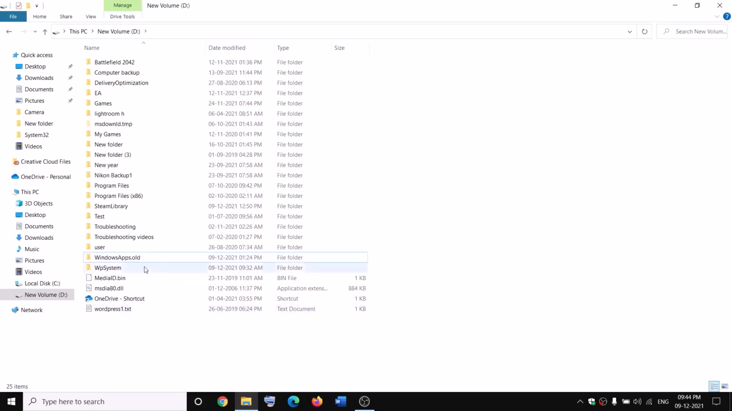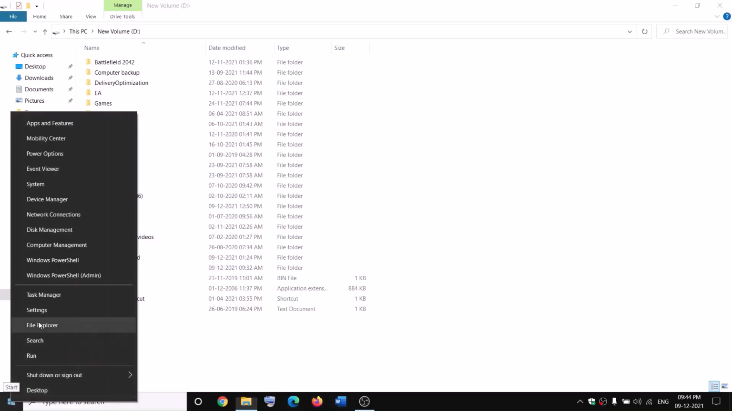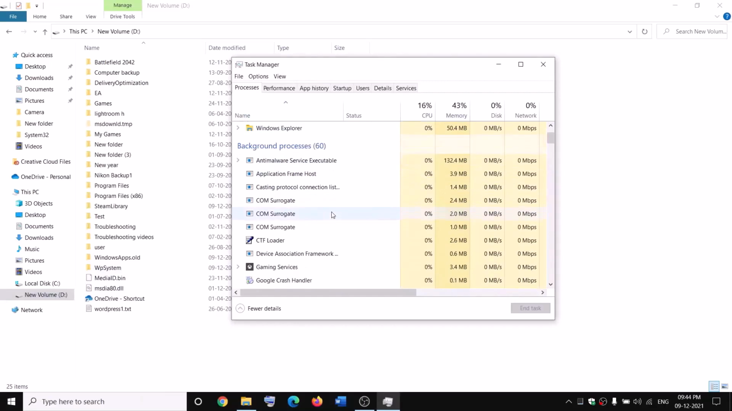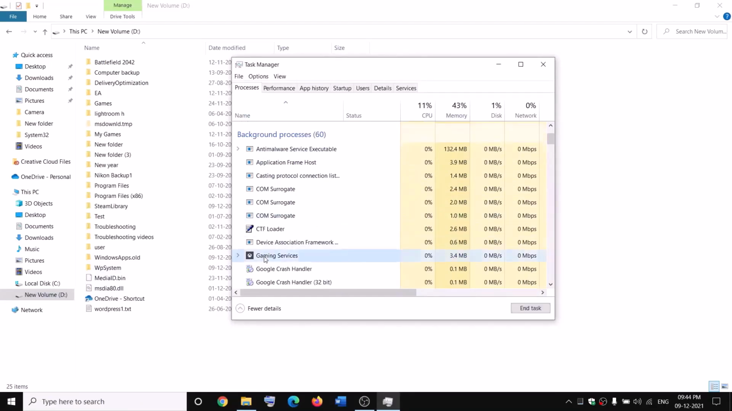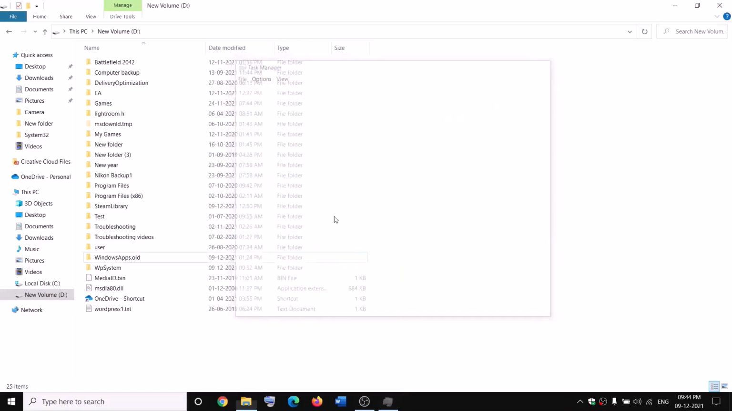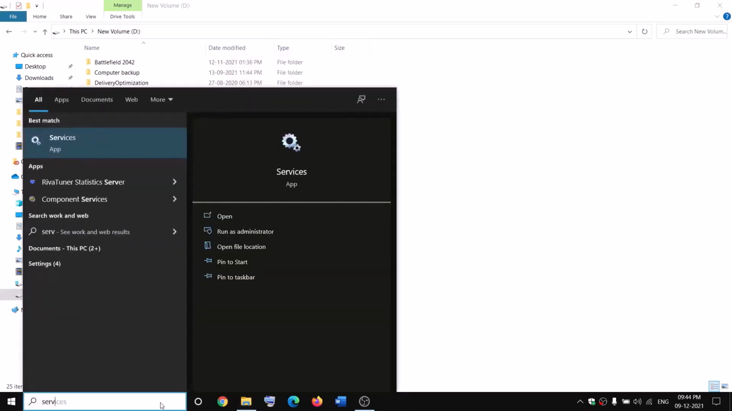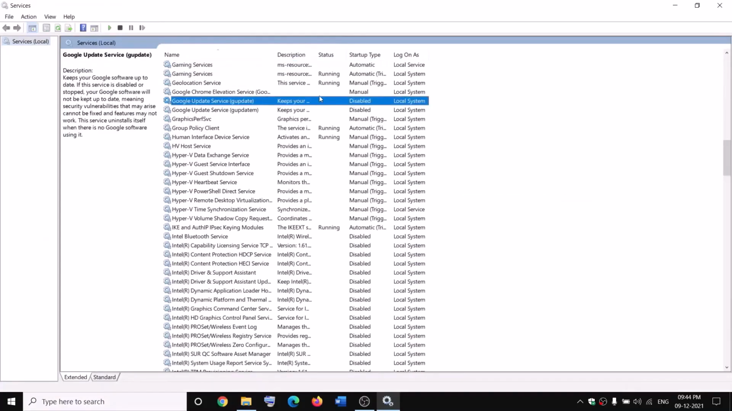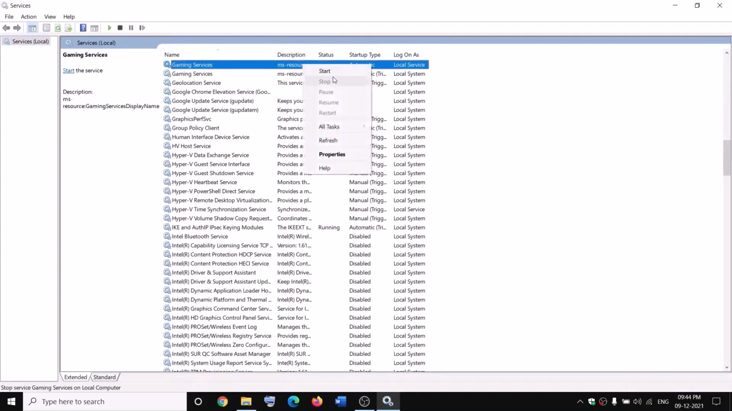Now while renaming it, if you receive any kind of error message which says file is open, in that case open Task Manager on your computer. Make a right click on the Start menu, click on Task Manager. Now if you find Gaming Services, make a right click and then click on End Task, and also open Services over here and then find Gaming Services, make a right click on Gaming Services, click on